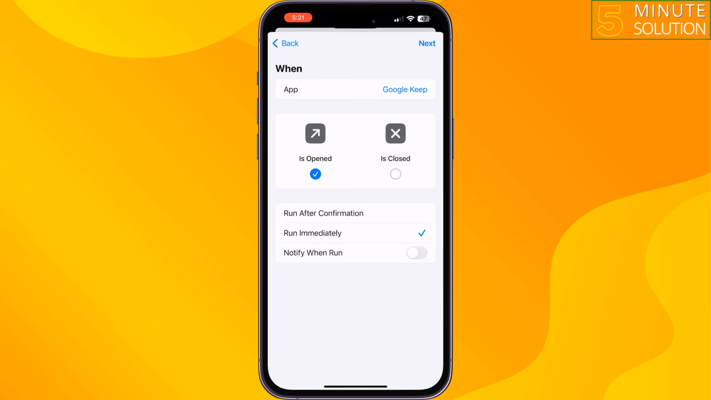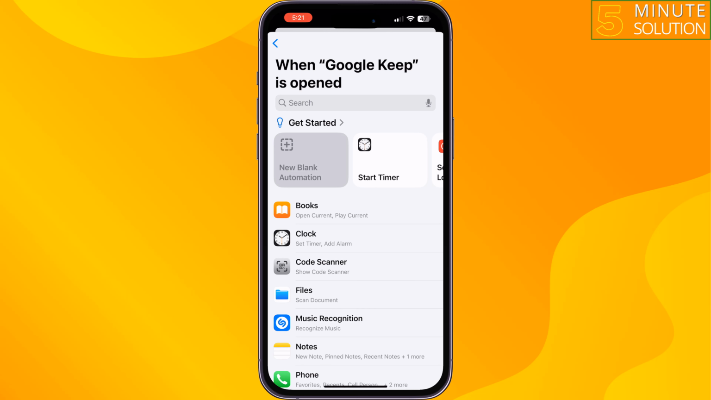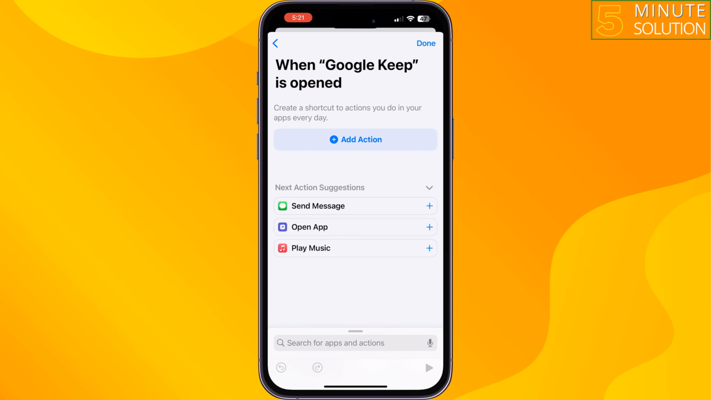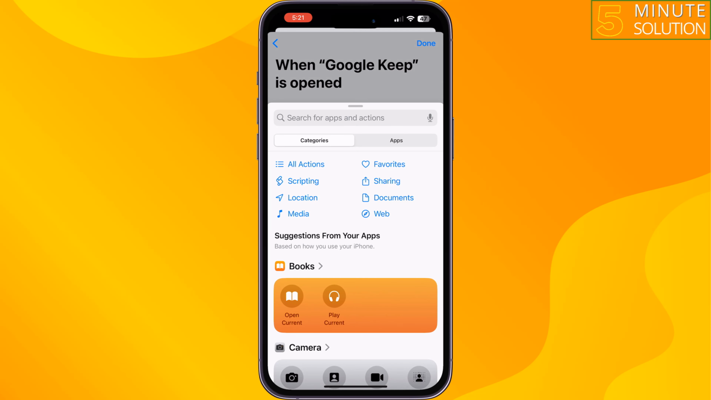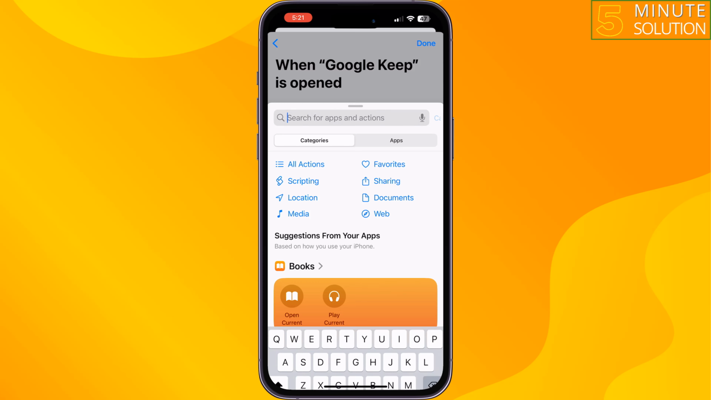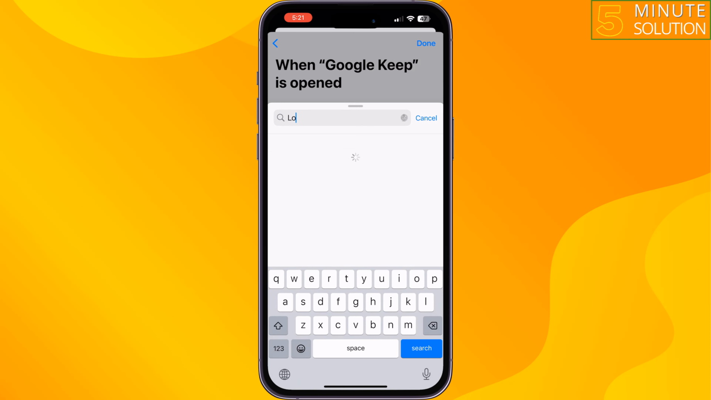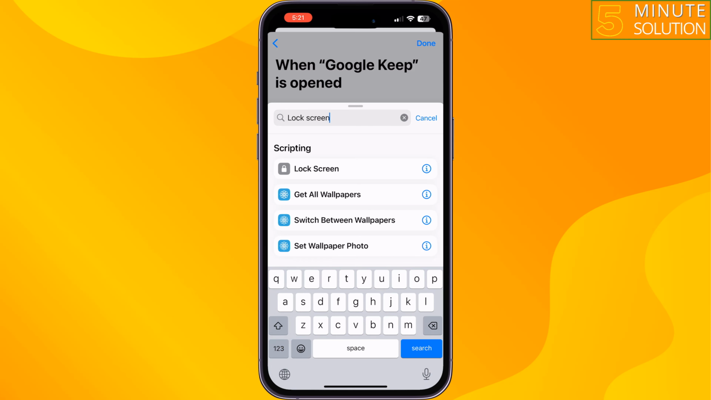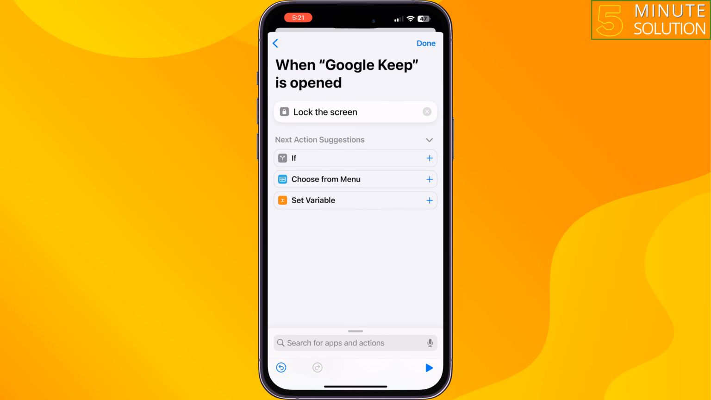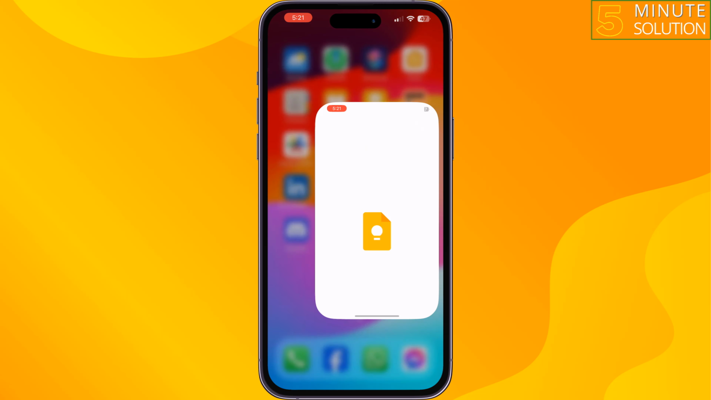And tap on next, and here select new blank automation and tap on add action, and here tap on the search box and type lock screen and tap on lock screen. Once it's added, tap on done, and now if I try to open my Google Keep Notes app, as you